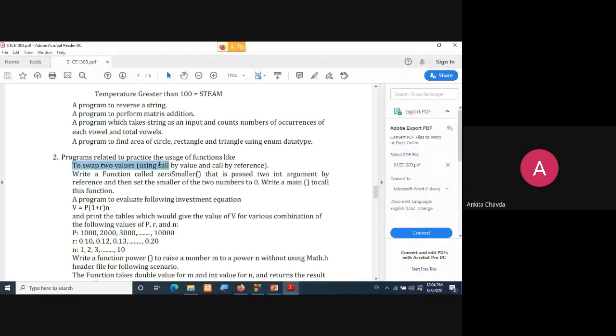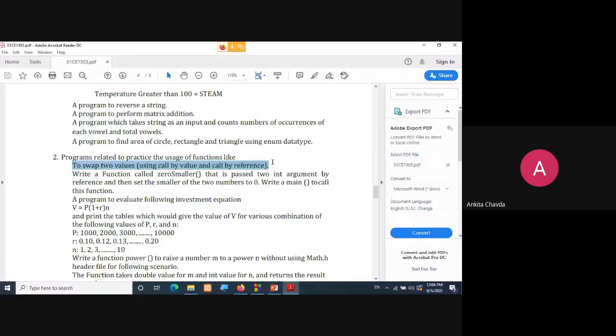So today, we already know what functions are. We have already started. So our very first program with functions is to swap the two values using call by value and call by reference. At the time of the theory, we also saw the example of swapping two numbers, so you already know this task, and you have to combine that into one program.